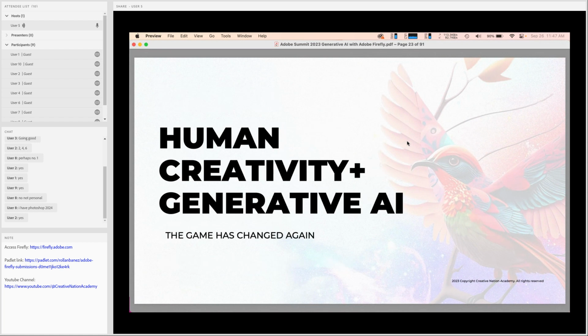So my suggestion is that human creativity plus generative AI will change the landscape of every industry again, right? Human creativity and generative AI together will give us a better advantage.